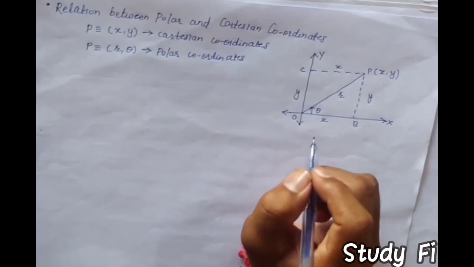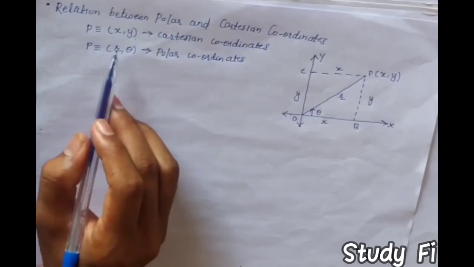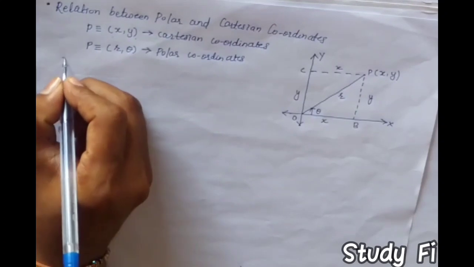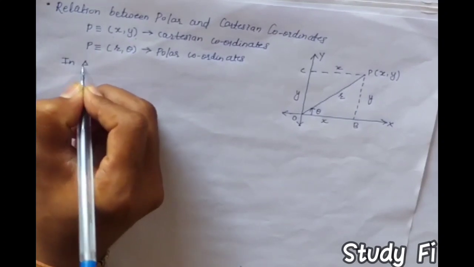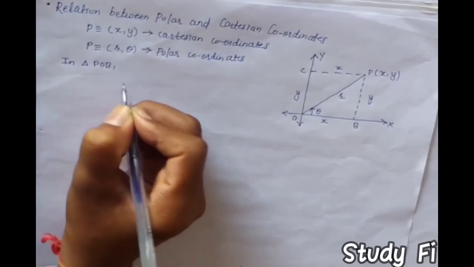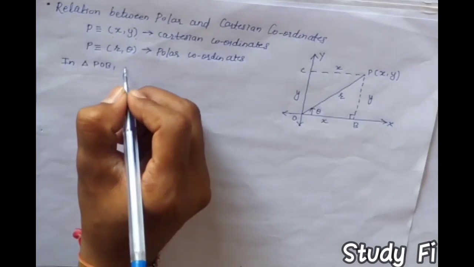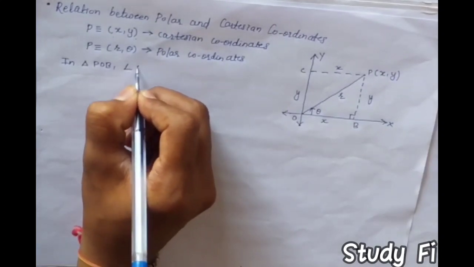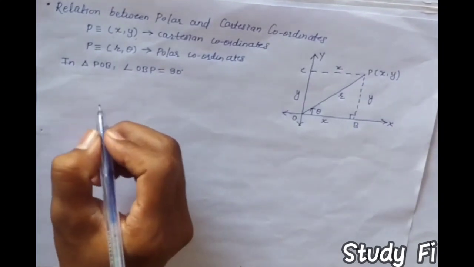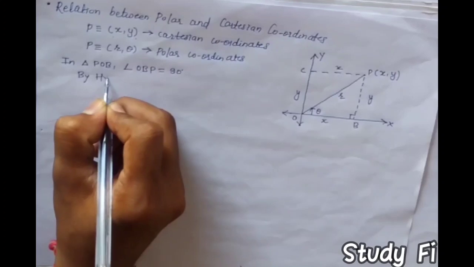So now we have to see what is the relation between these Cartesian coordinates x and y and r and theta. So consider triangle POB. As this angle B is of 90 degrees, it means angle OBP is of 90 degrees. Therefore, by the hypotenuse theorem,